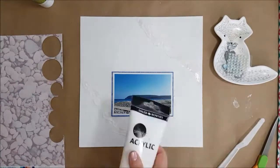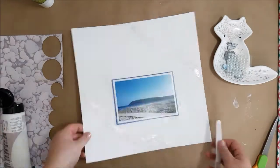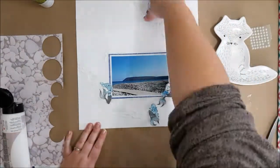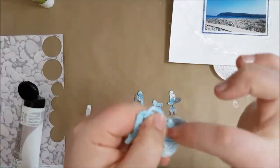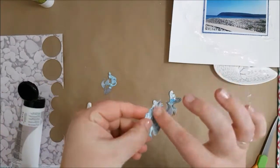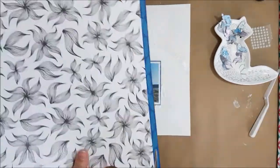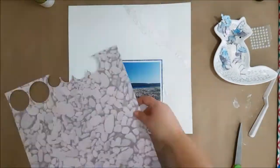And then, of course, some more texture paste and some more of that mother of pearl paste in the opposite corners to where I plan to have some paper layers. So yes, those 2 corners will get some paper layers eventually, but everything had to dry. And then I added some more of this mother of pearl to the tails of my mermaids, and it makes them so pretty and shimmery. And I just love that